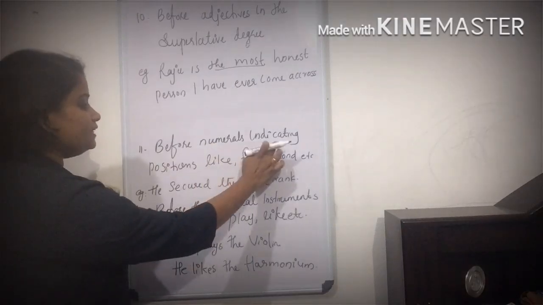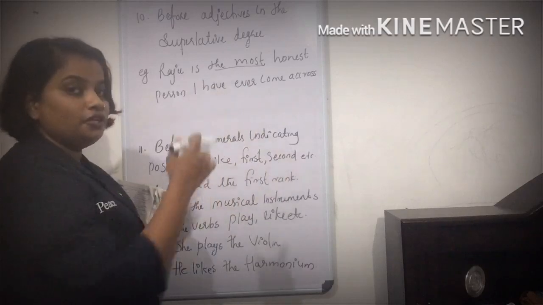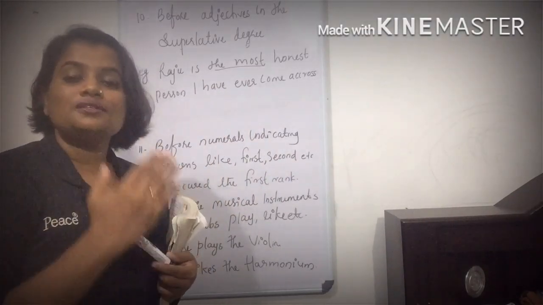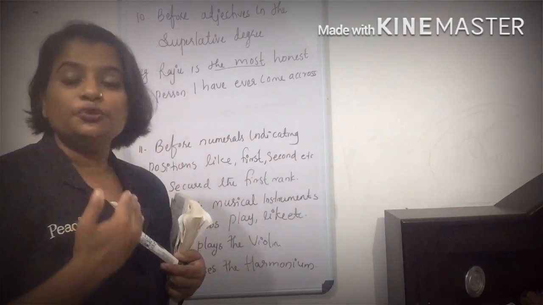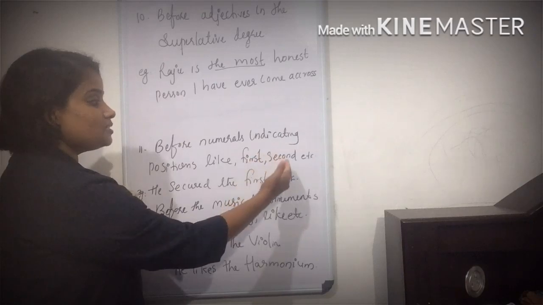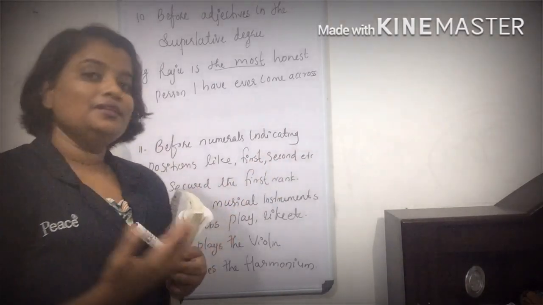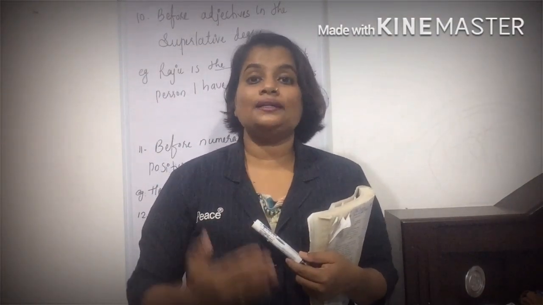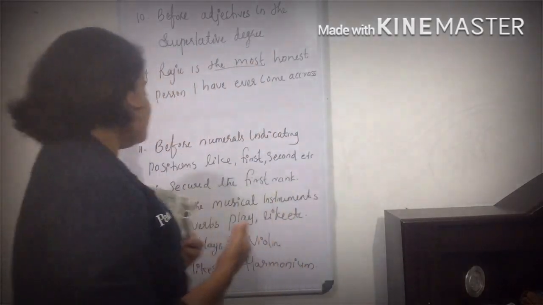For numerals indicating positions like first, second, you have to use the before the numerals first, second, etc. Okay, the first. He has gotten the first position, he has secured the second position. Okay, the next one is